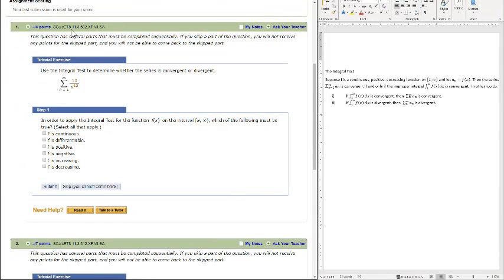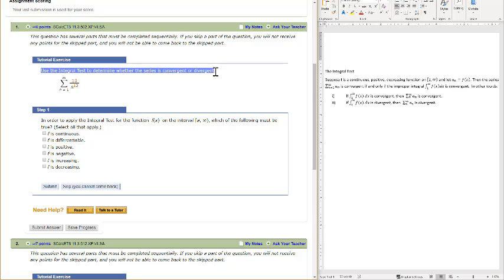Let's do a problem from your lab assignment, section 11.3. This is number 1. Use the integral test to determine whether the series is convergent or divergent. So this is our series, the sum when n goes from 1 to infinity of 10 divided by n to the 12th power. So in order to apply the integral test, the function on an interval